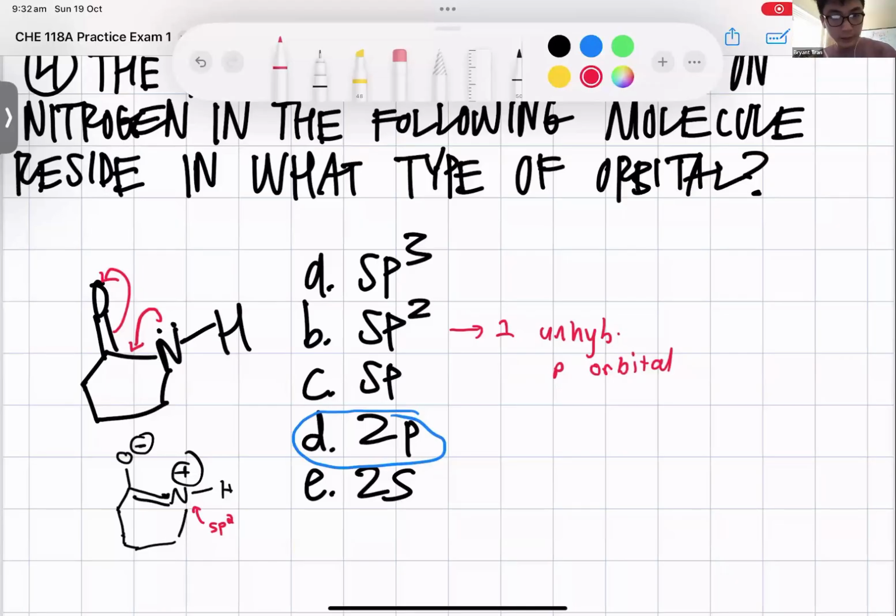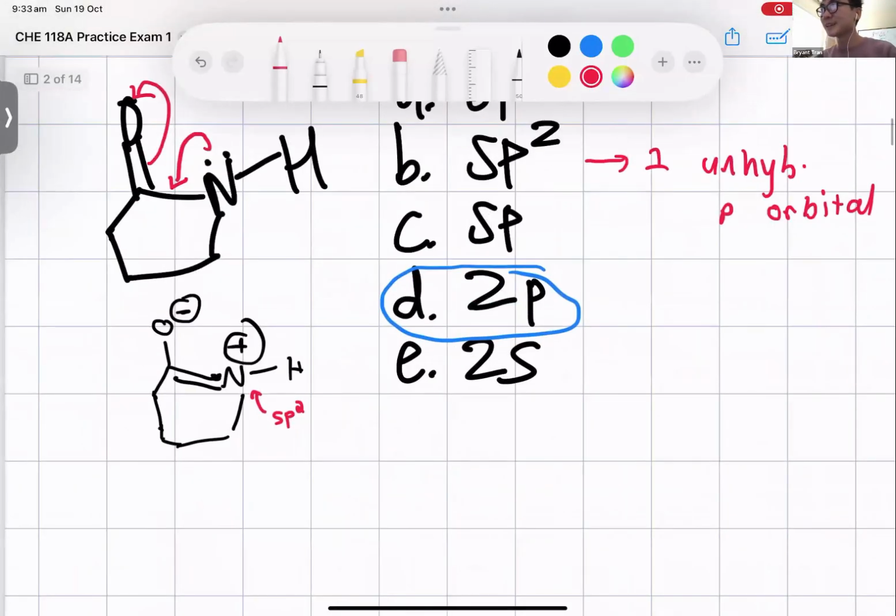Yes, if you're asking for the hybridization of nitrogen, it wouldn't be sp3. It would be sp2 because of the resonance. If that carbonyl was not there, destroying all resonance structures, then the nitrogen would be sp3, because there's no resonance. Wow, that's a tricky one.